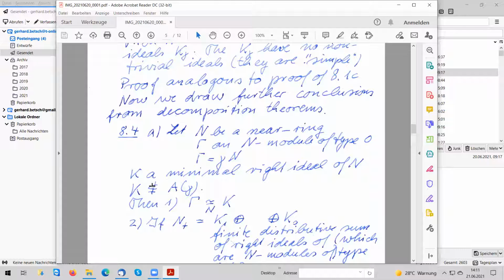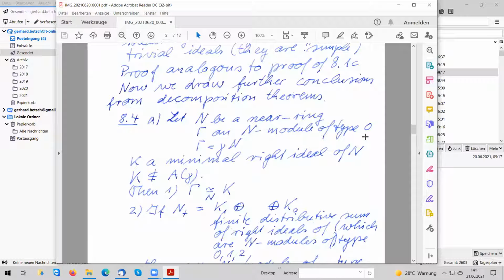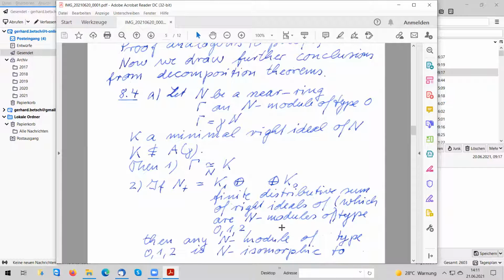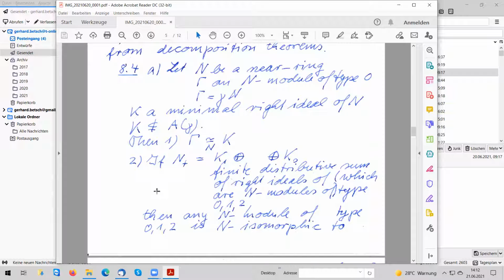If this would be in Aγ for all γ, then it would be in A capital Γ, and so we would have a more than trivial N-module. That's not an interesting case. If we have these assumptions, then, as we did this reasoning various times, we have γN isomorphic to K. And if N is a finite distributive sum of right ideals